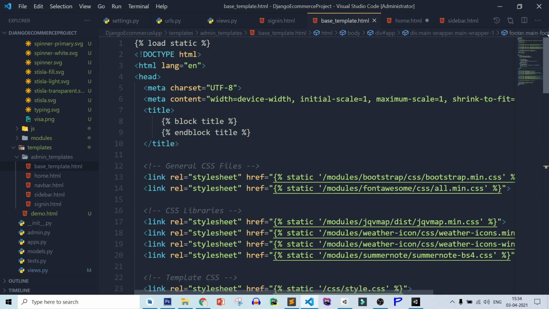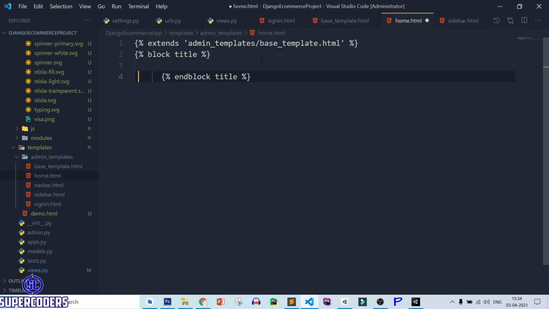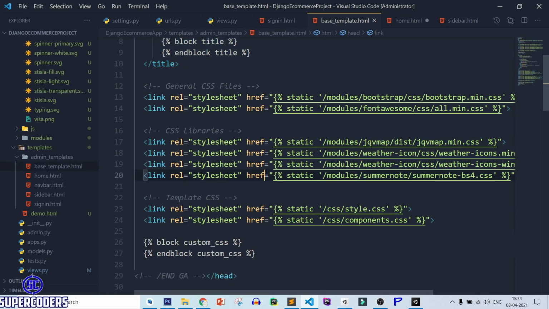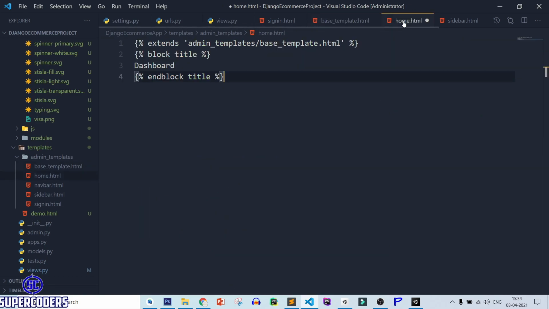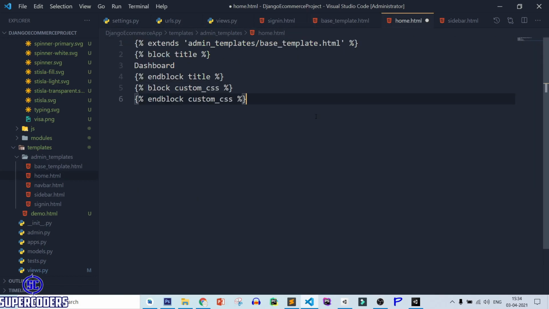So our first block is title. So let's pass this content. So copy it, paste it, and let's pass our title. So home or pass dashboard. After that next part we need to pass which is custom CSS. So let's leave this custom CSS space blank. We are not passing anything in custom CSS.